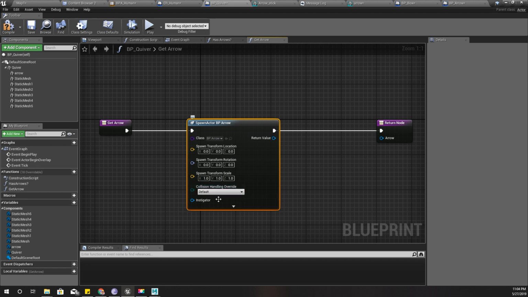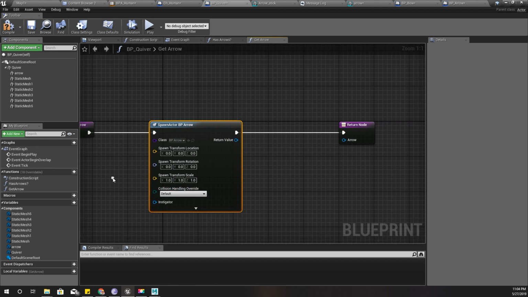Let's keep it the same. Do I need to give an instigator? I don't know, I'm not sure. Let's try. And always spawn, ignore collisions. Okay, so yeah,